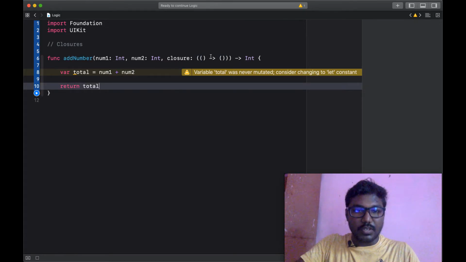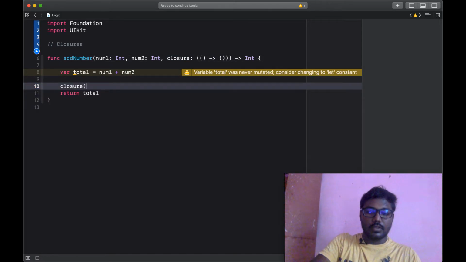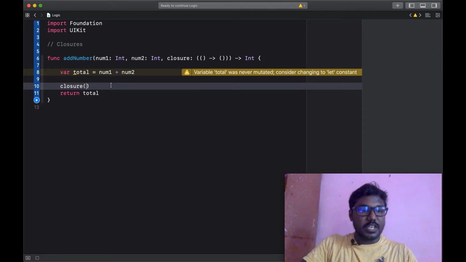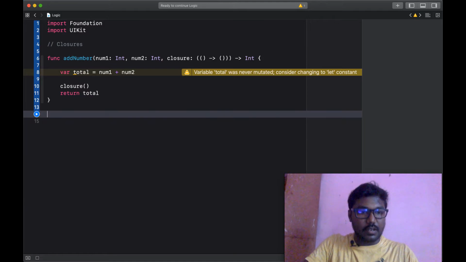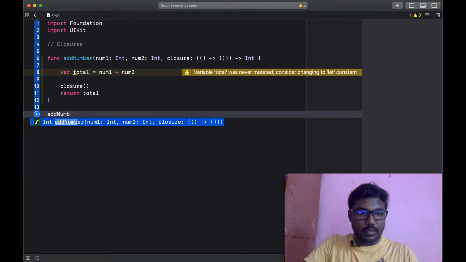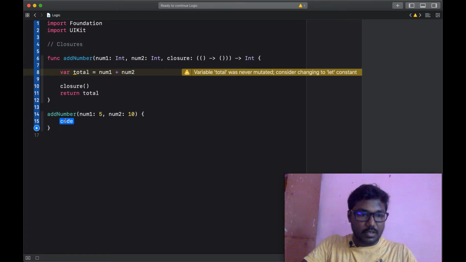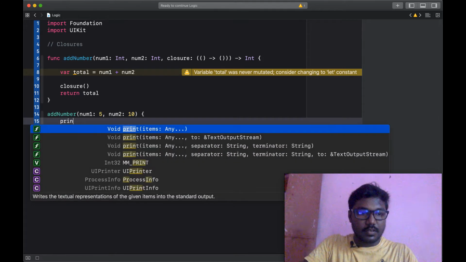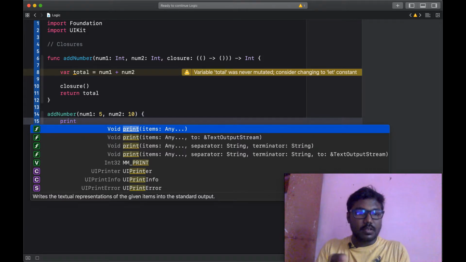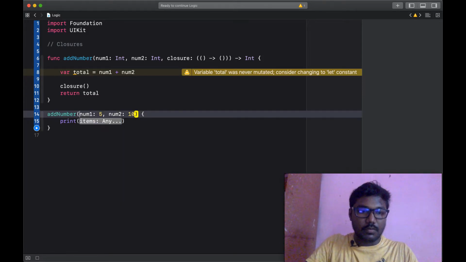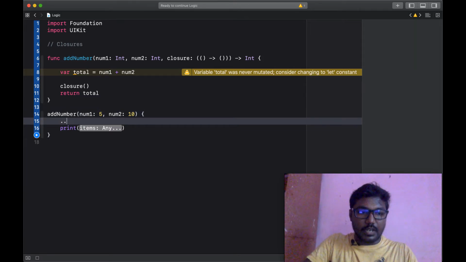So if the closure was created successfully, we can use the closure where we need. We can set it like this. This means we can call the add number and set 5 and 10 as input. Here we can see the closure variable. When I tap the function, tap the closure param, we can get a self-contained block. Here we can do whatever we need. We can call any other methods and do something.